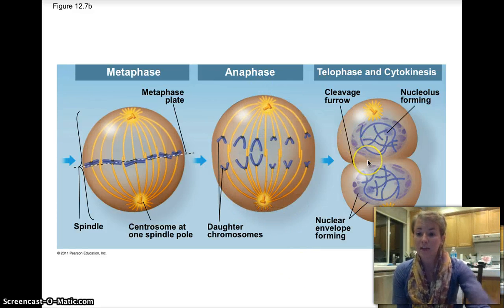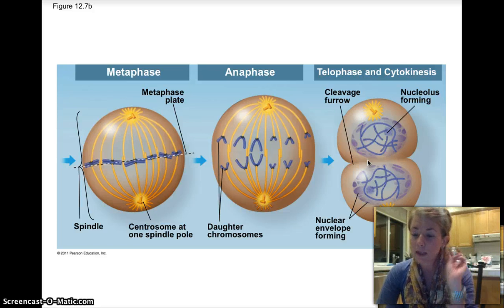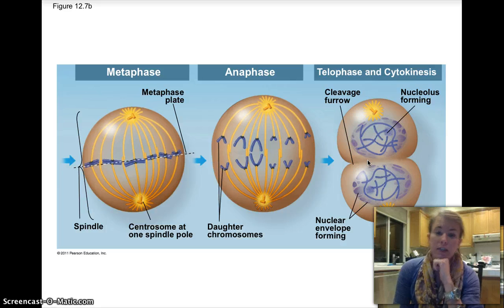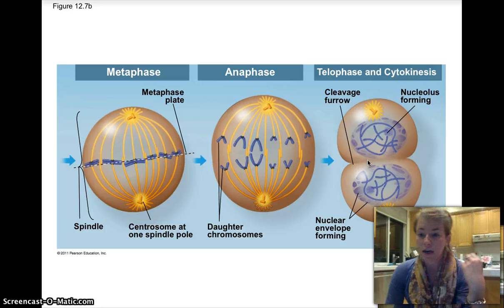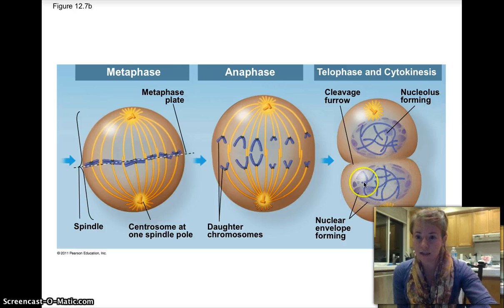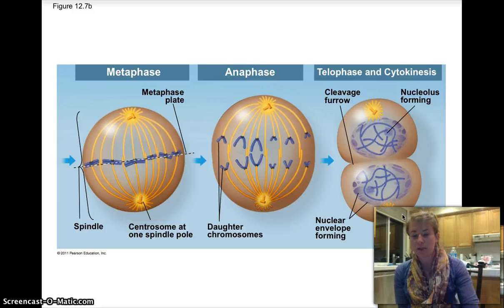Then we get into telophase and cytokinesis, and these happen simultaneously, but remember, cytokinesis is division of the cytoplasm, and mitosis is division of the nucleus. So what's happening with the nucleus during telophase is that the nuclear envelope is starting to reform, and the chromosomes are starting to condense, and the nucleolus is starting to reform. So the nucleolus was gone during this whole thing, but it's starting to reform again now. And now you can see each cell has a nucleus and a centriole. So we're done. So now we just need to split the cytoplasm. So that's what happens during cytokinesis.